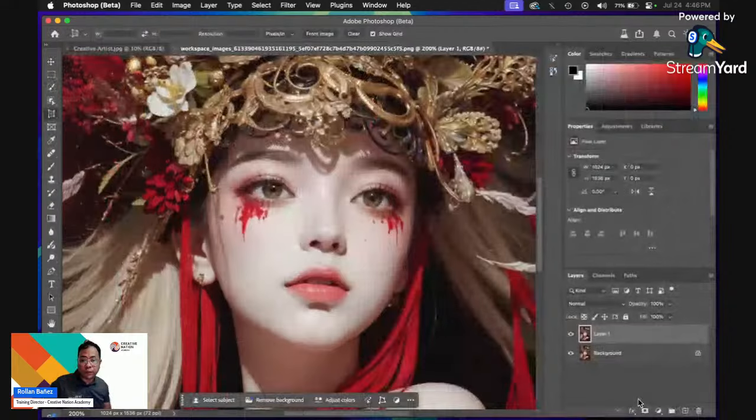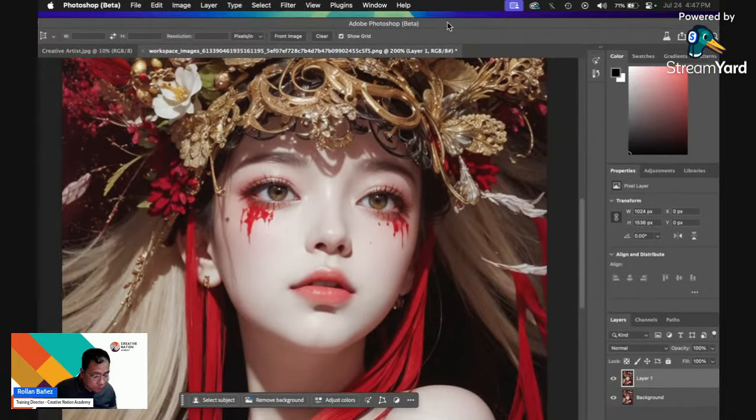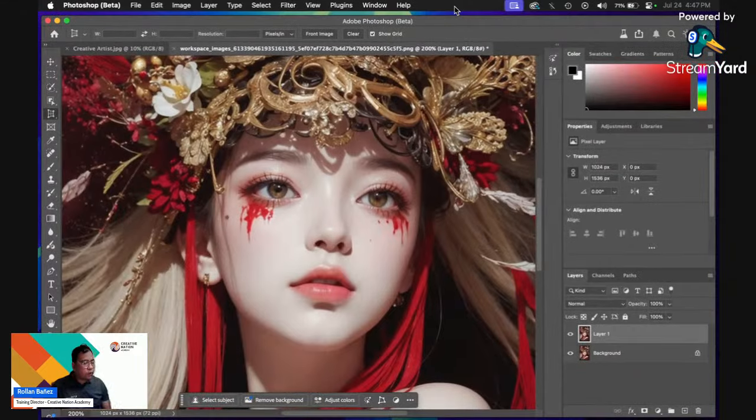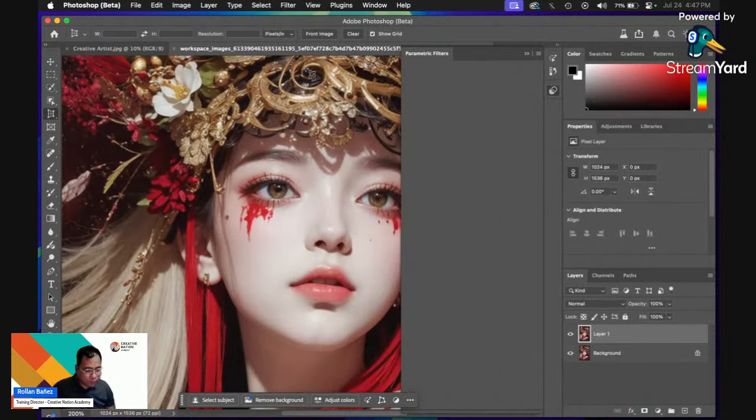So that's neural filters, and I hope you learned something new, or you can try something new in the process by using these types of filters inside Photoshop. For the last one, I'm going to focus now on the recent addition in the filter game. Let's go to filter, and this is what you call the parametric filters. How can we use these types of filters? By the name itself, if I click on that,